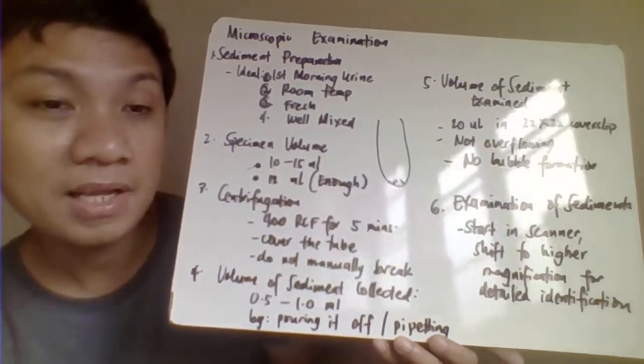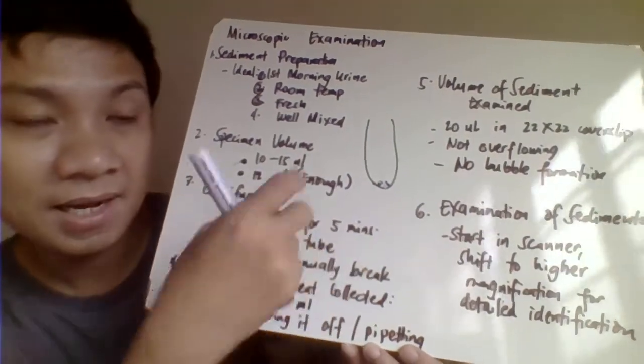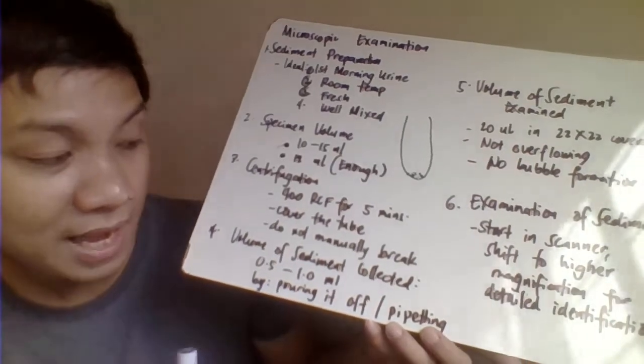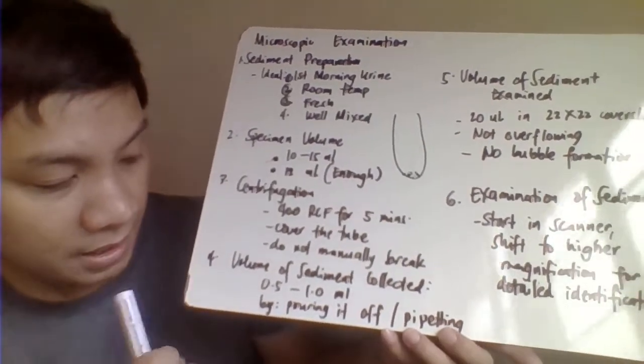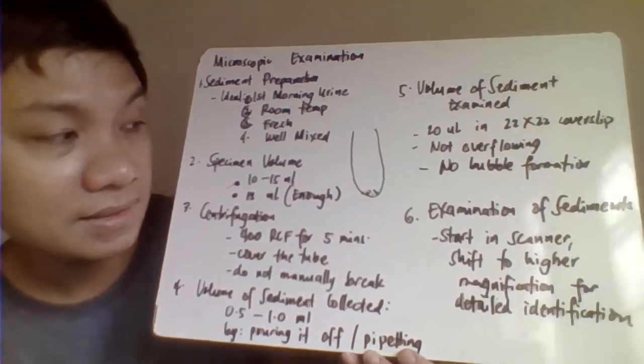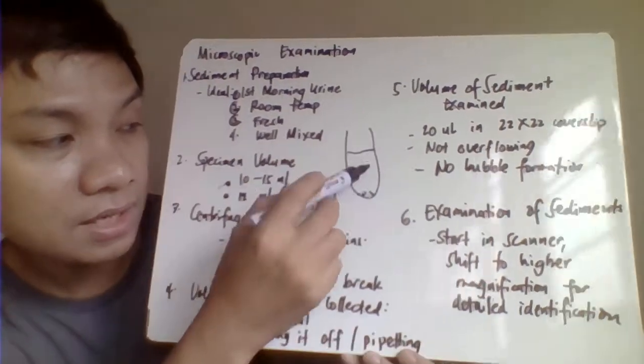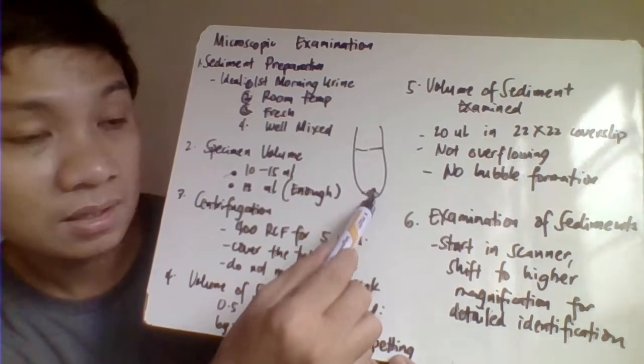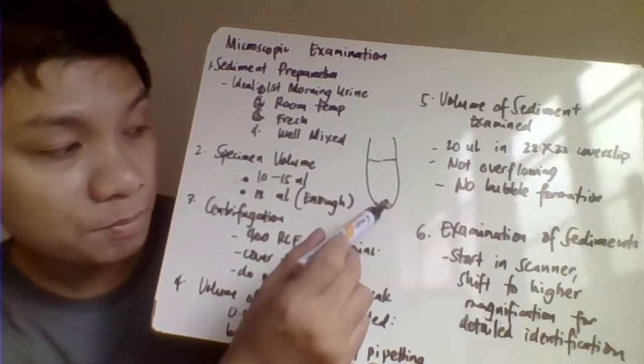So later, if it gets disturbed, when you decant, you might lose all of our sediment. Okay, then we have here the volume of the sediment collected. So, after centrifugation, so ito na siya. You have your supernatant here, and we have your sediment concentrated at the bottom of the tube because of the